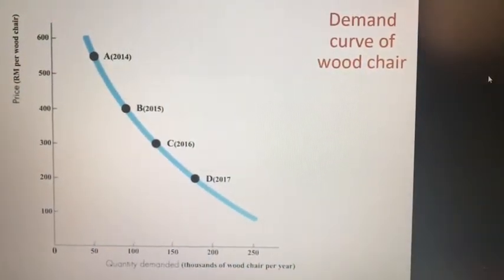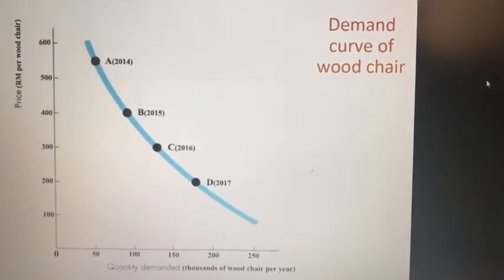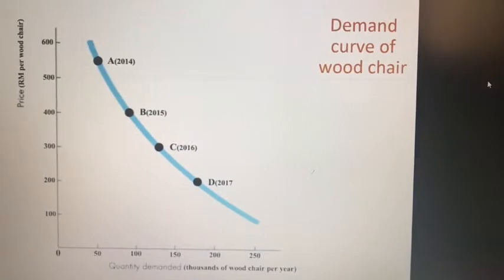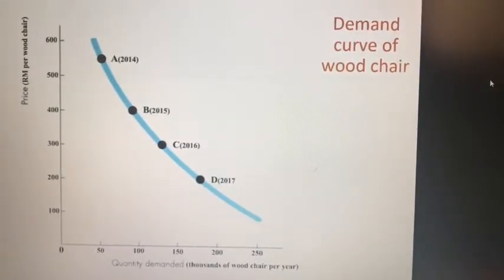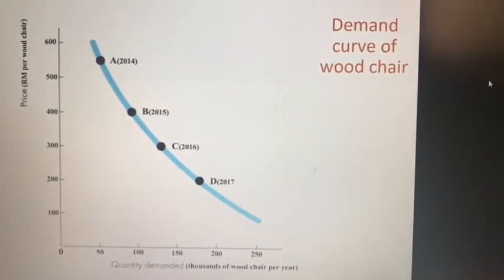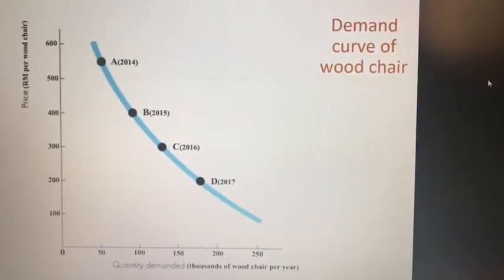Today, I'm going to introduce the demand of wooden chairs in the microeconomies in Malaysia. By the way, it's not real data. Let's see the demand curve. This demand curve shows the relationship between price and the demand of wooden chairs from